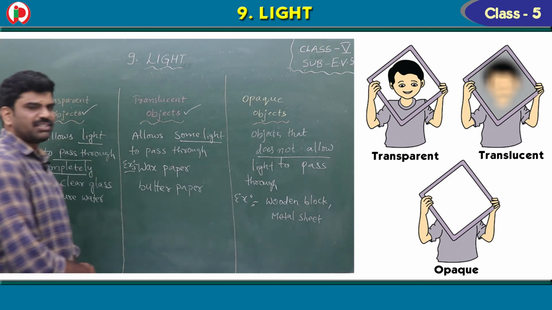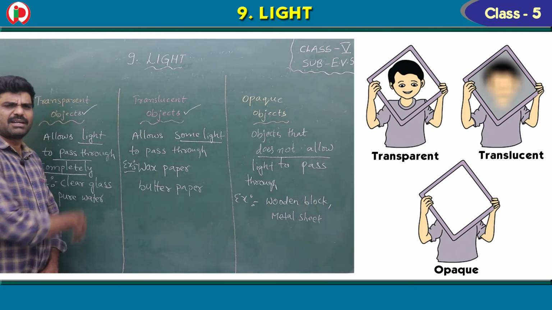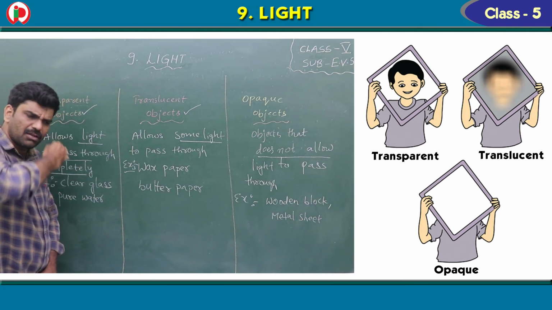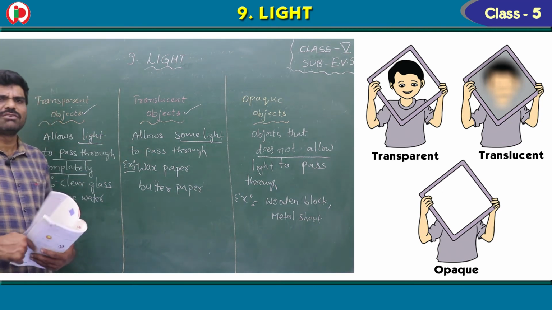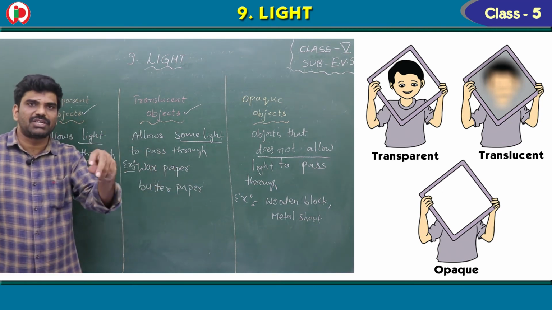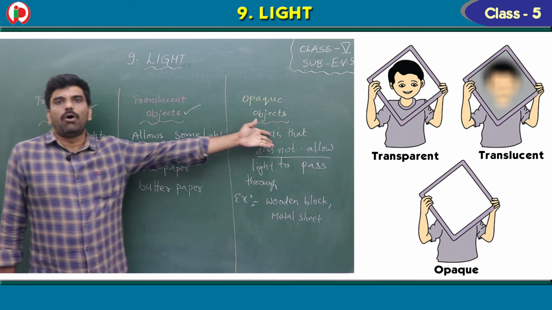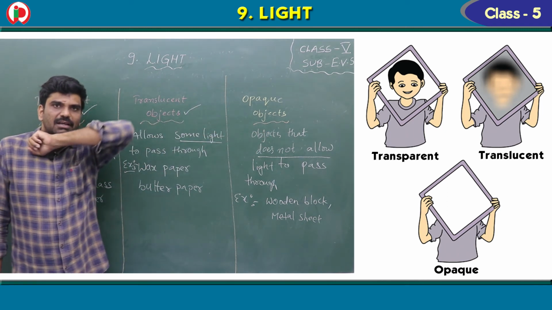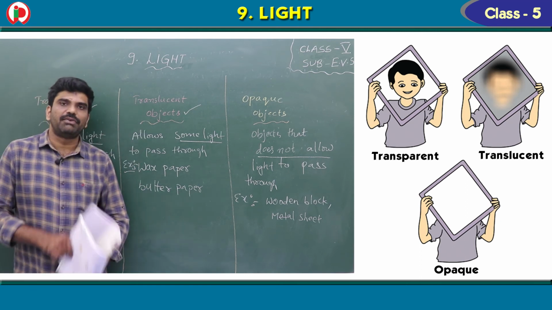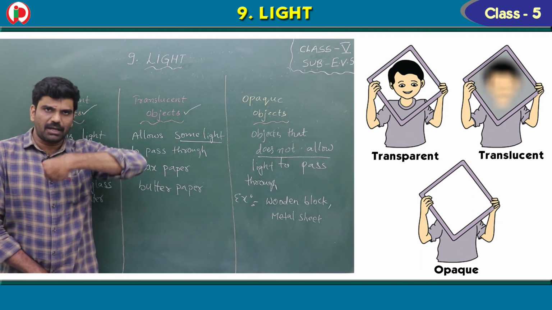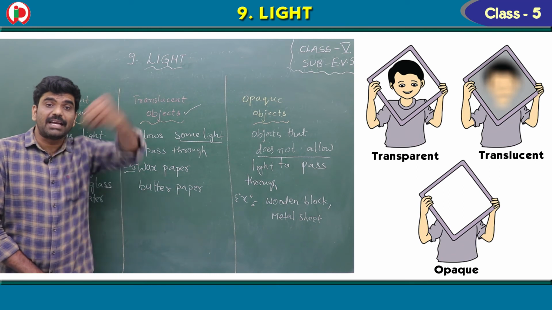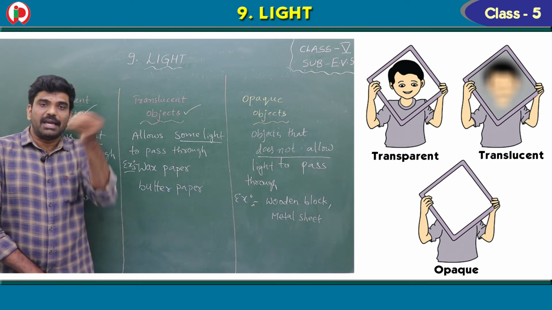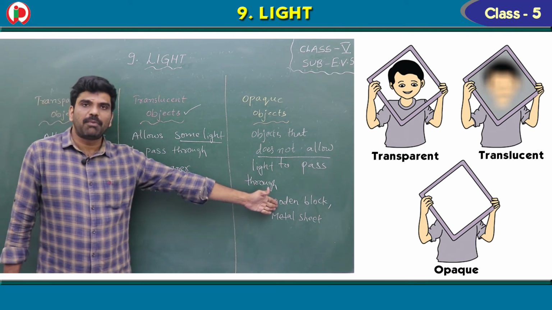See children, these are the three. That's very easy. Transparent means completely, those objects allow light completely. Translucent, only some of it. That means partially or incompletely. Opaque means not at all. The light won't pass through the objects. For example, the human body is also an opaque substance. The light won't pass through the human body. A metal sheet, the wooden block,